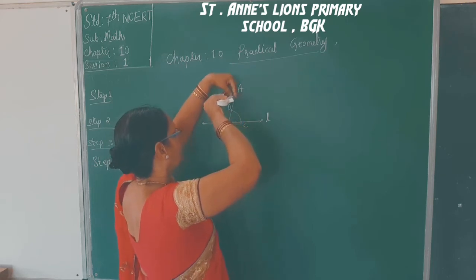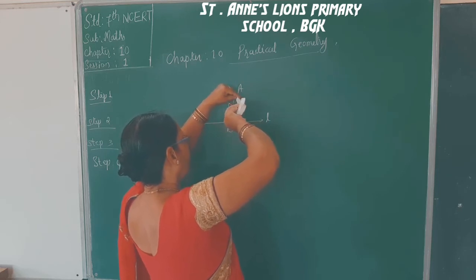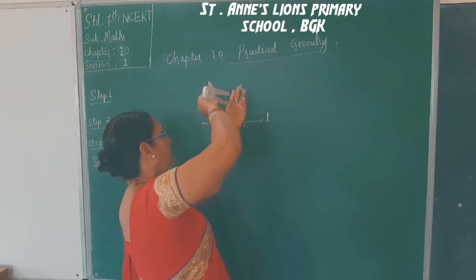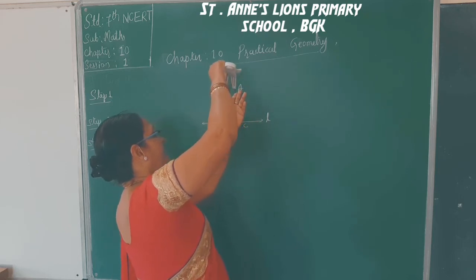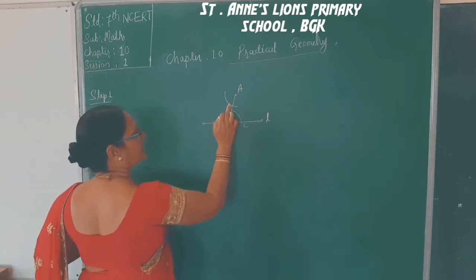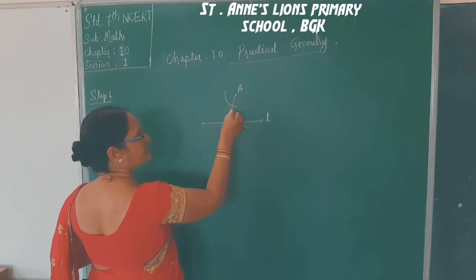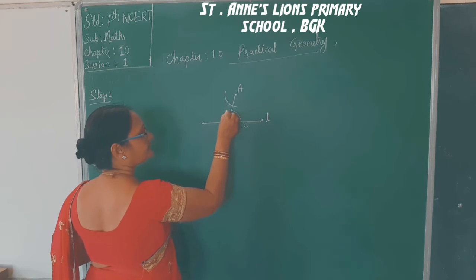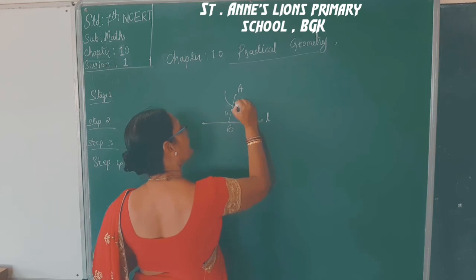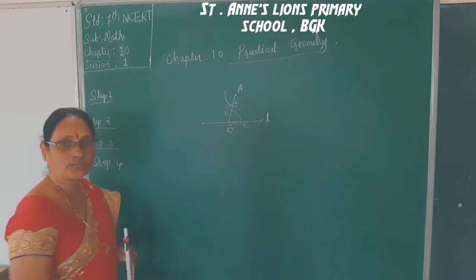A as the center. Draw an arc. See. Draw an arc such that it has to cut the line AB. See, draw the same radius. Draw an arc with A as the center. Draw an arc such that it has to cut AB. It has to cut AB. You see A, B, C, D. Here this is E. It has to cut AB at point E. I hope you are following.